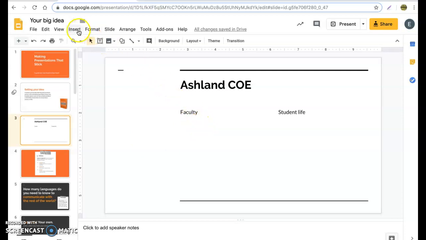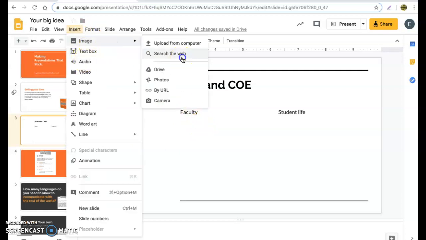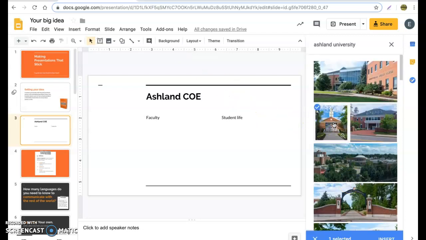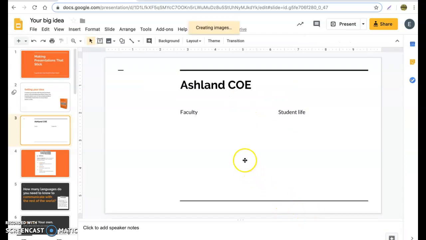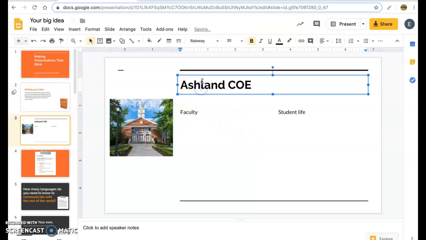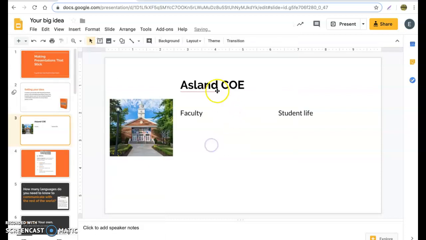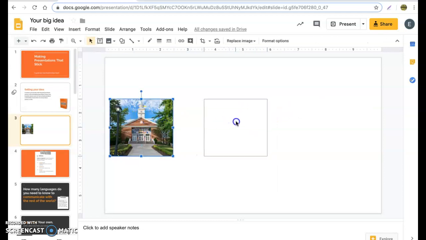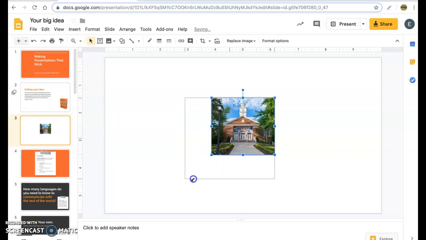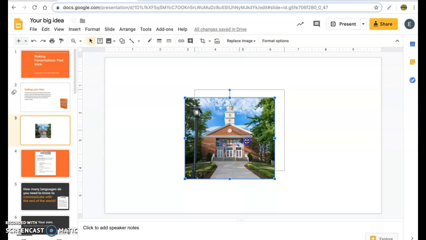Another thing I wanted to show you real quick was, so I'm going to go ahead and insert an image, search the web. We'll leave this one up here from Ashland. And I'm going to get rid of this text box and all this stuff. Go ahead, play layout, change it to blank, get rid of that, get rid of that, get rid of that. Now, what you're going to notice here, I want to add, for instance, a drop shadow to this image. Go ahead and make this image a little bit bigger, center it up,